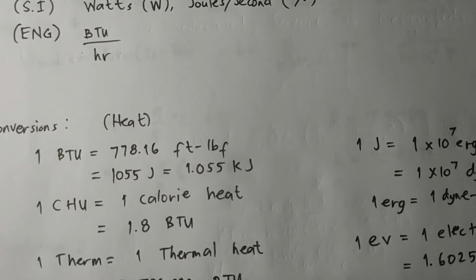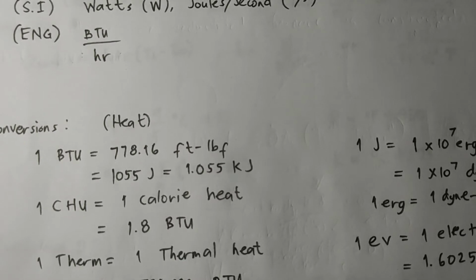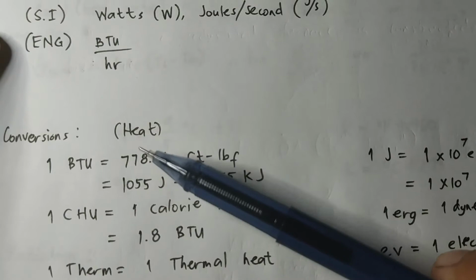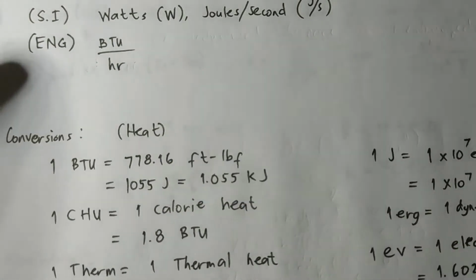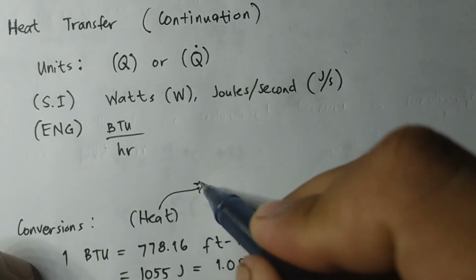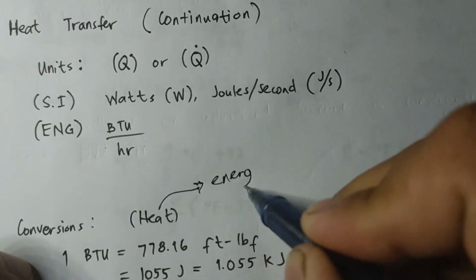Nabanggit kanina na ginagamit sa heat transfer ang watts and BTU per hour. Pero ang heat ang pinaka-fundamental dito, which is heat is a form of energy. Diba? We already know that heat is a form of energy,